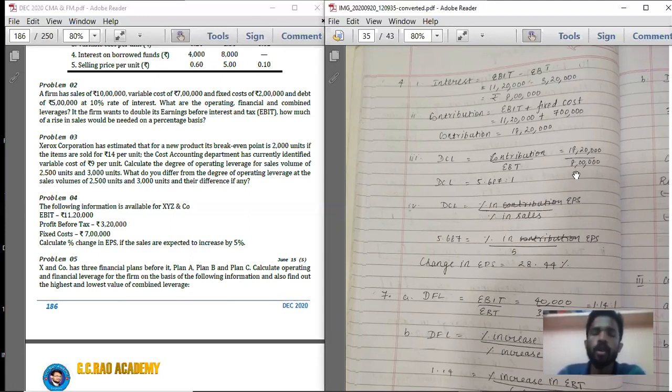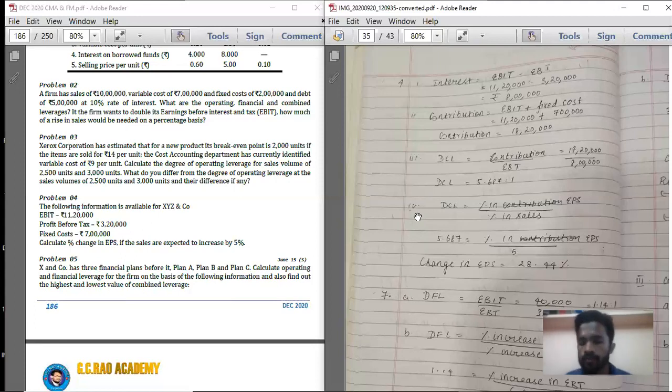So we have found what DCL is. What is the other formula for DCL? Percentage of change in EPS divided by percentage of change in sales. There are two formulas for DCL: contribution divided by EBT, and the other one, percentage of change in EPS divided by percentage of change in sales. So here we know the percentage of change in sales, so we should find the percentage of change in EPS by using the DCL answer. We have already found DCL. So below that, point number 4,